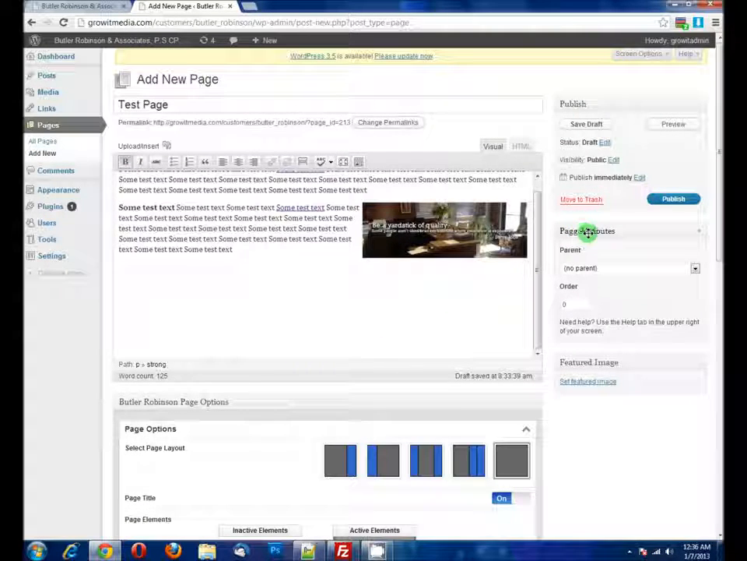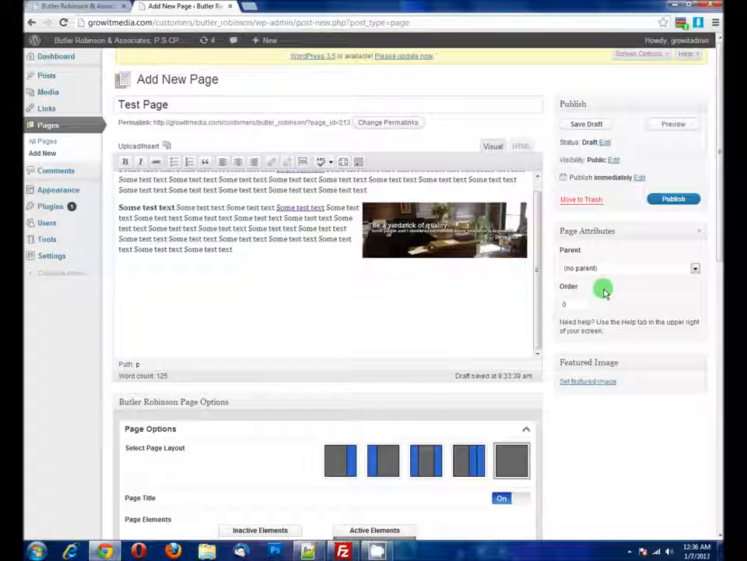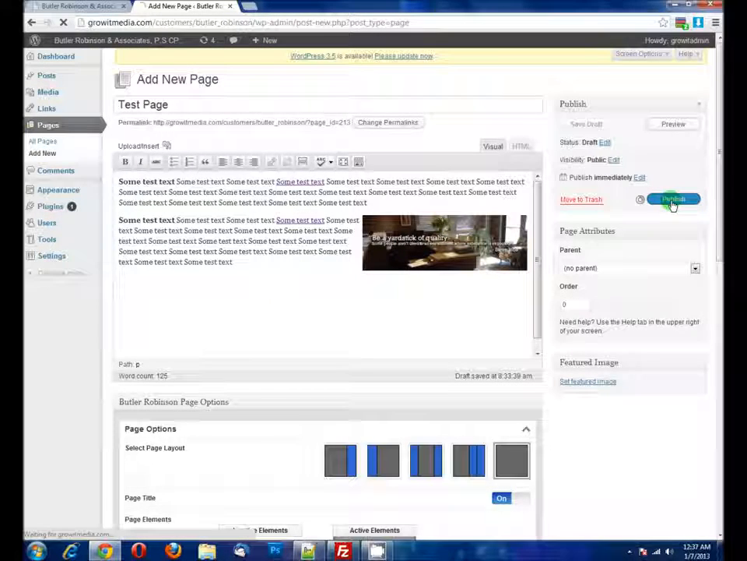And then on the right here, you'll see that there's the option for this page to be a child of a certain page. So we're not going to make it a child, but if it was a child of services, you would just click services. And we're going to make this its own page. And that pretty much covers the basic page settings. If you click publish now,